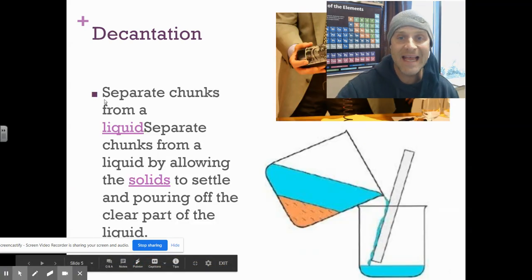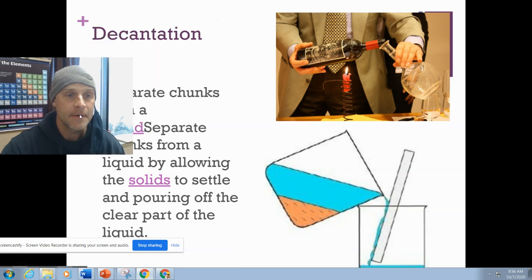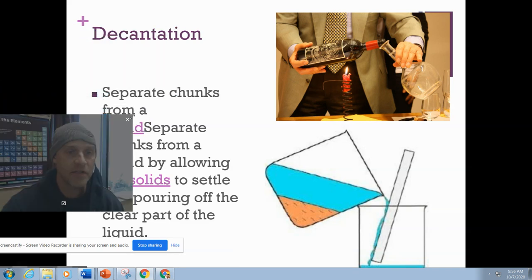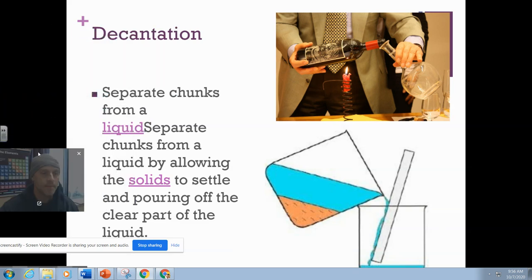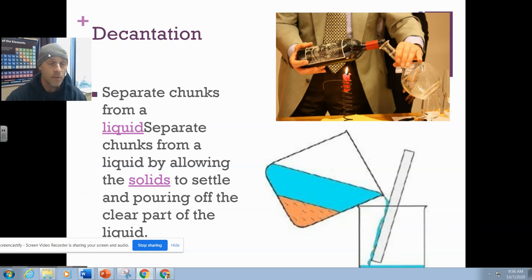Second one is called decanting. Okay. Now, decanting is a way to separate chunks that might be in a liquid without using a filter. Sometimes you see people just pouring off. If there's a liquid and a solid, you can just pour off the top. That's called decantation. You will see that with alcohol, and I know none of you ever drink alcohol, but sometimes